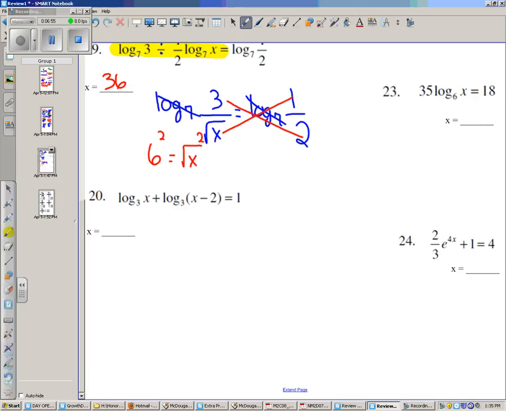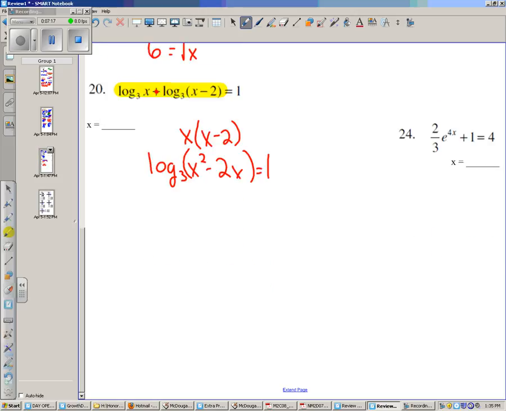20. Again, on the left side, there's a constant. I'm sorry, on the right side. But on the left side, I will have to condense it down to 1 log. And that addition will turn into multiplication. So it'll become x times x minus 2. I'm going to go ahead and distribute that in. And now bring the log back. And now when I loop it, it will become 3 to the first power, which is just 3, equals x squared